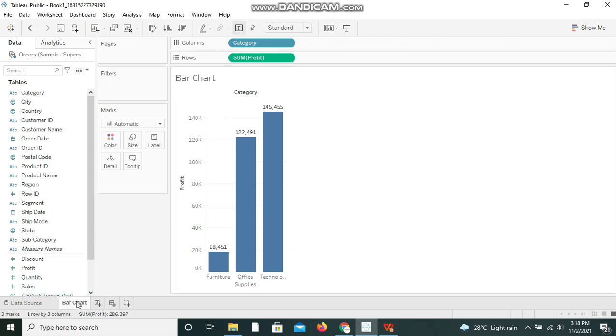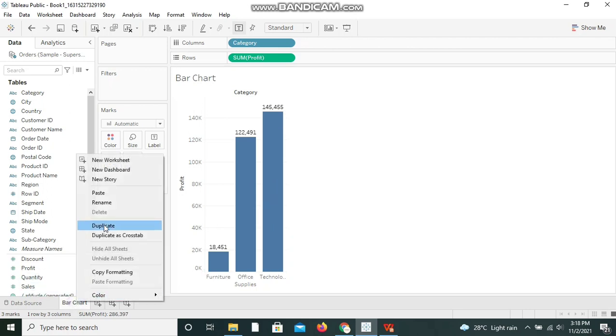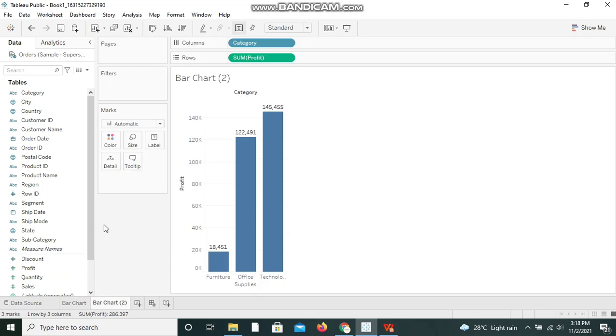Now I am going to duplicate this bar chart, and on top of this I am creating a stacked bar chart. Why? Because I just wanted to explain the difference between a stacked bar chart and a side by side bar chart. That is why I am creating a stacked bar chart first.